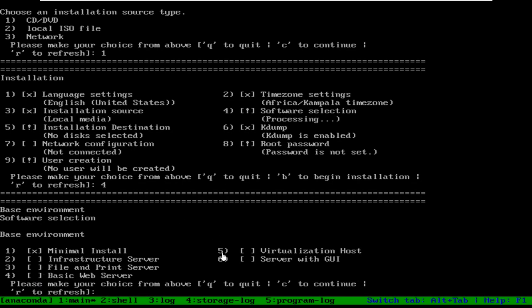Then you can also select number 5, that is virtualization host. Just like Microsoft has Hyper-V, where you can create virtual machines inside Microsoft server, the same we have in Linux: virtualization host. That means in this Linux server we can also install other virtual machines.